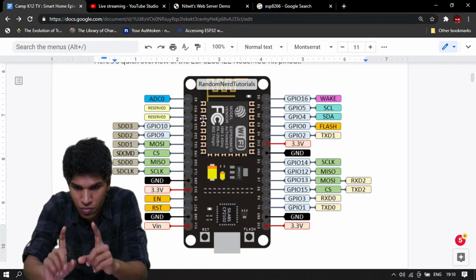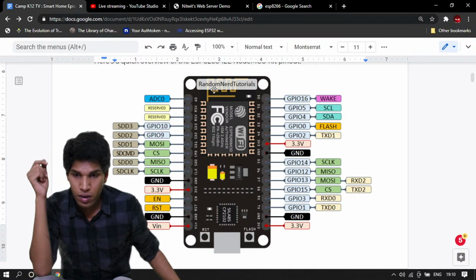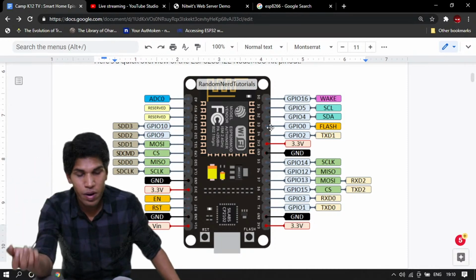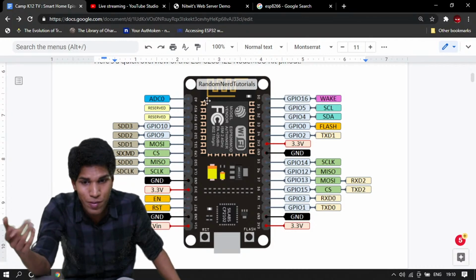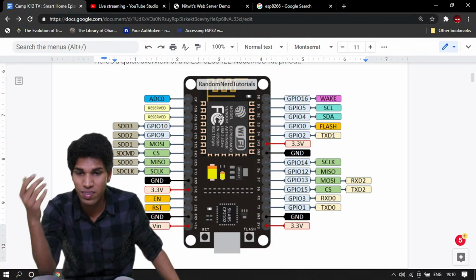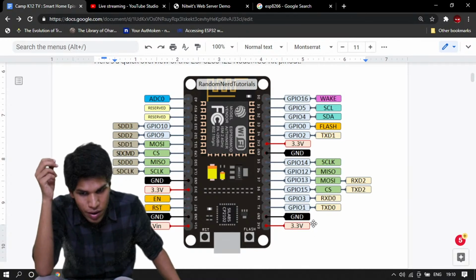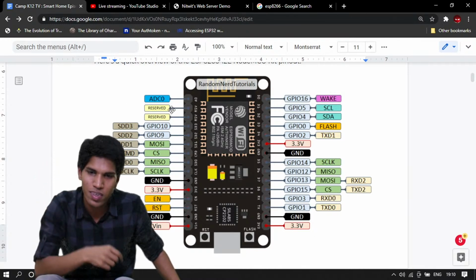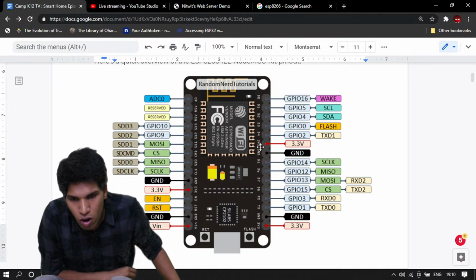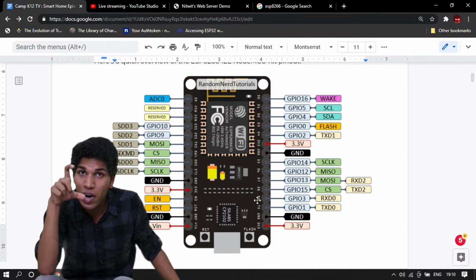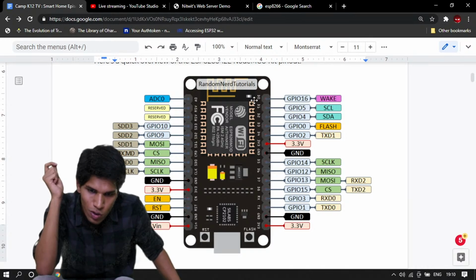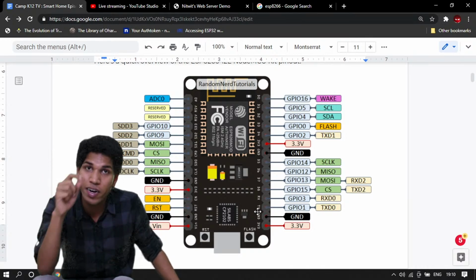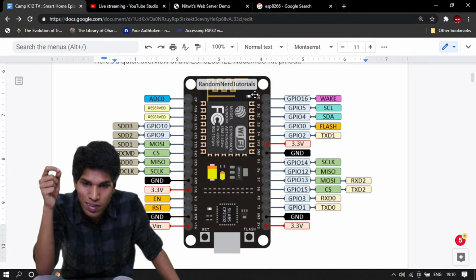This board, just like an Arduino, has multiple pins, and those pins can be modified to do different activities. So this is my Node MCU board, and you can see on the left and right side, the pins are already labeled. When you get the circuit board, you will be able to see D0, D1, D2, all of these things printed on the circuit board. So you will know which pin is called D0.